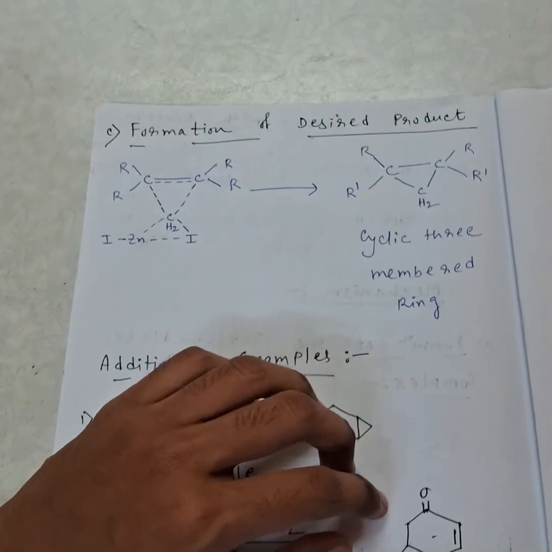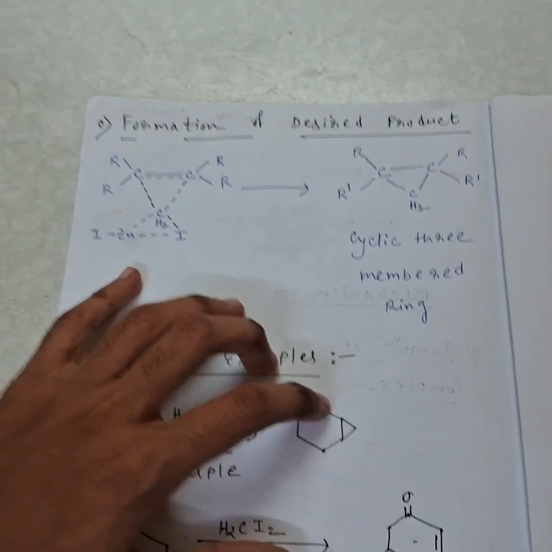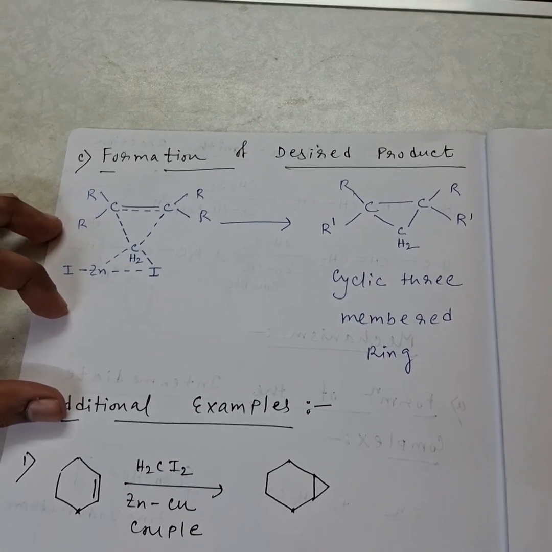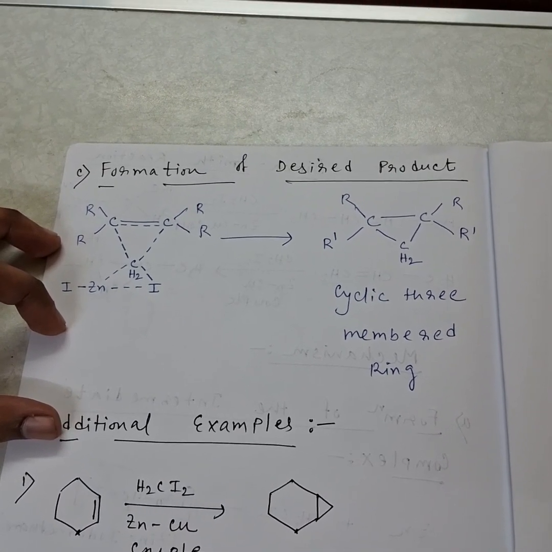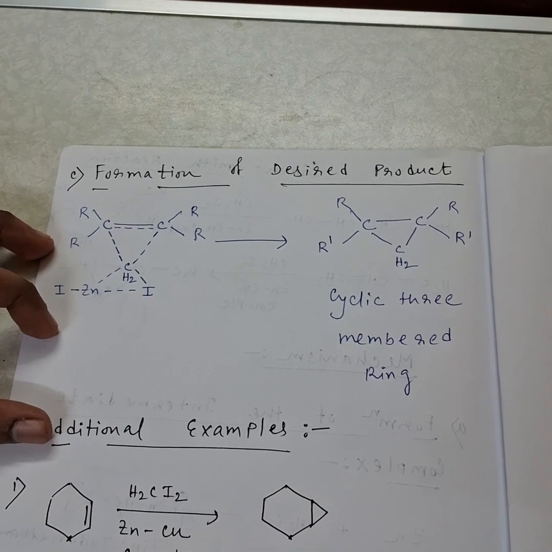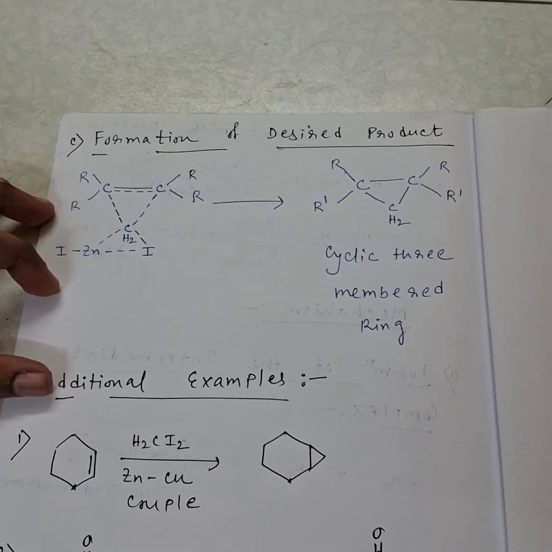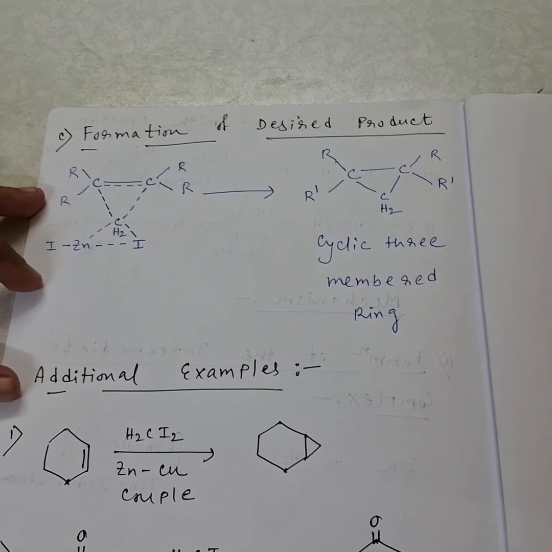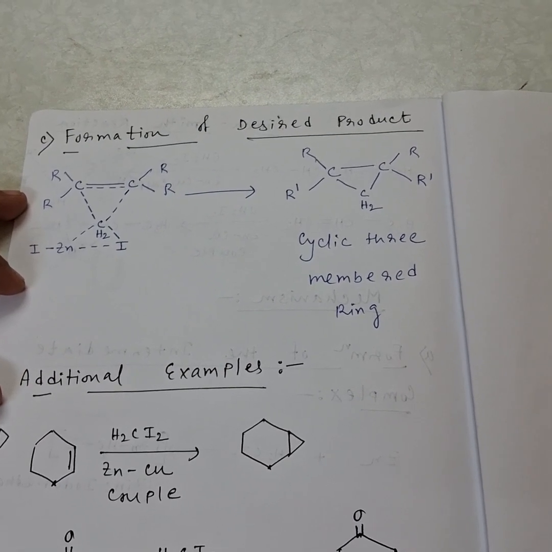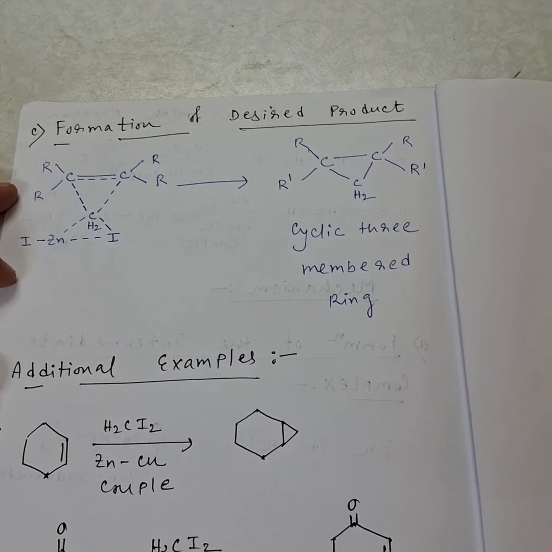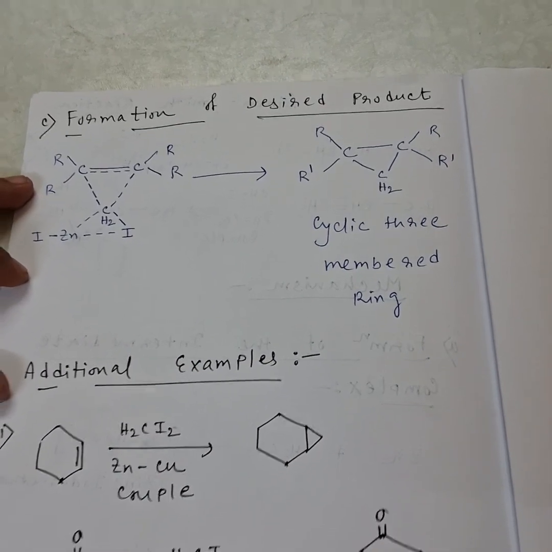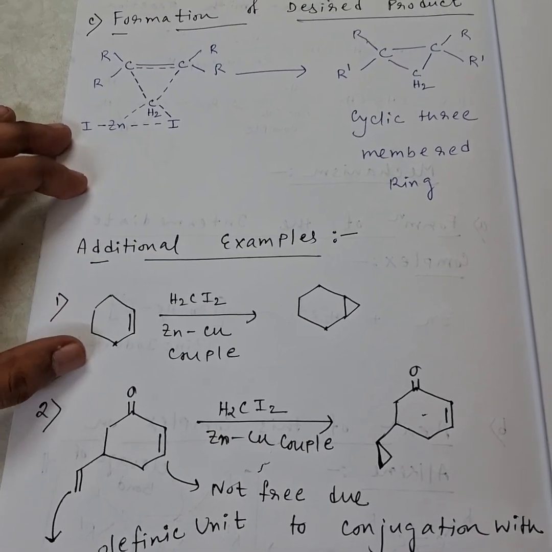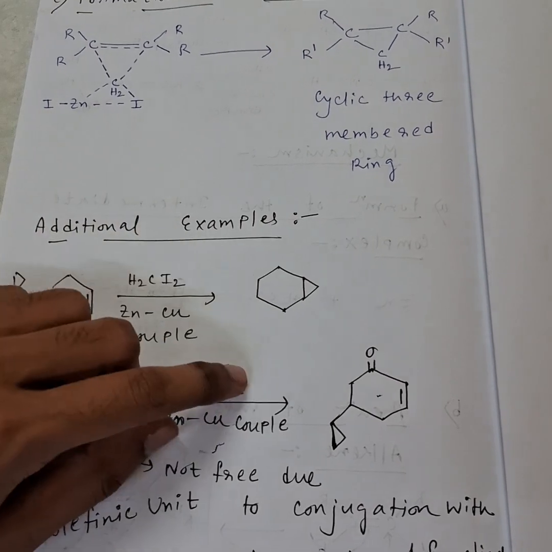So in short, I can tell you the summary of this reaction: from this Simmons-Smith reaction we have basically obtained a three-membered cyclic ring, or cyclopropane derivative, you can also mention them, because it may be symmetrical or unsymmetrical depending on the presence of R. If R is symmetrical, then the product becomes cyclopropane and its derivative. Here I have also written some additional examples. Similarly, cyclohexene also undergoes Simmons-Smith and gives this type of compound,